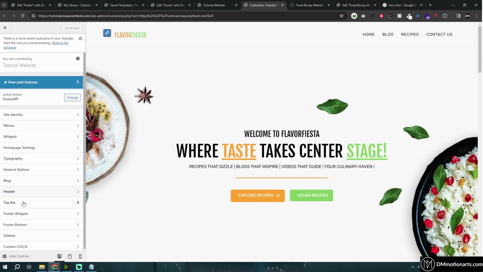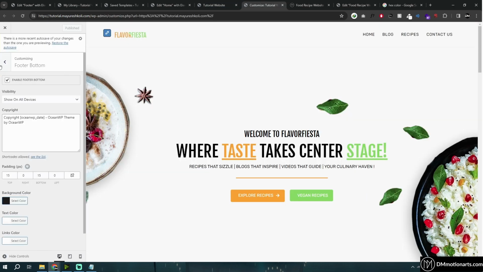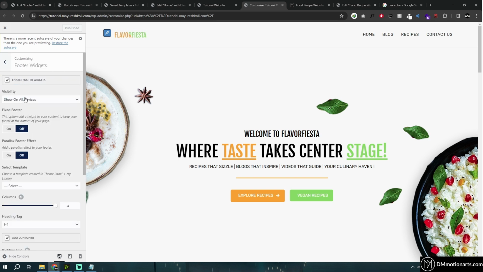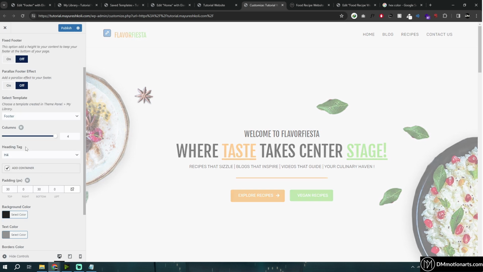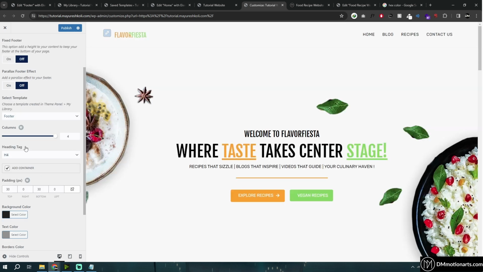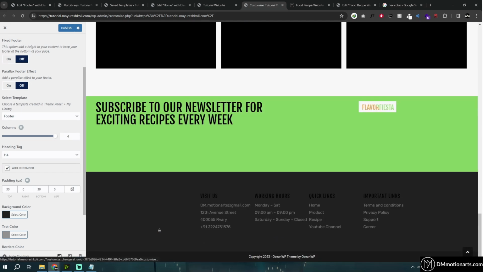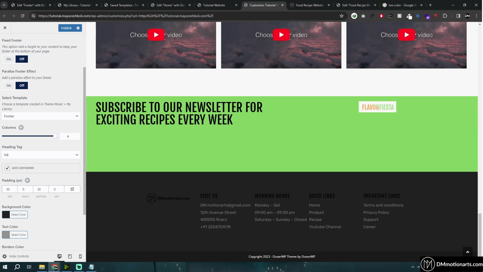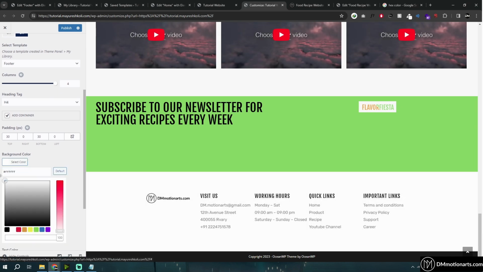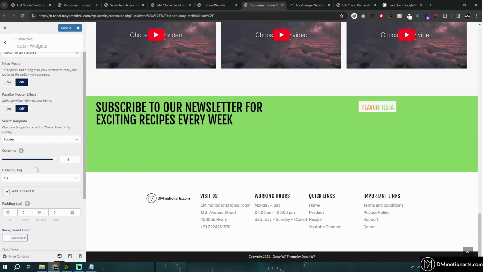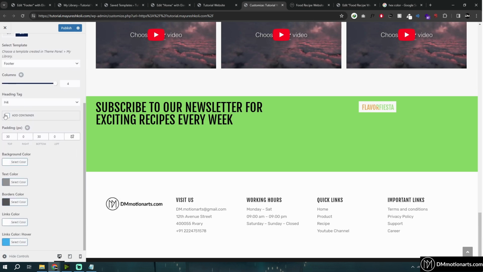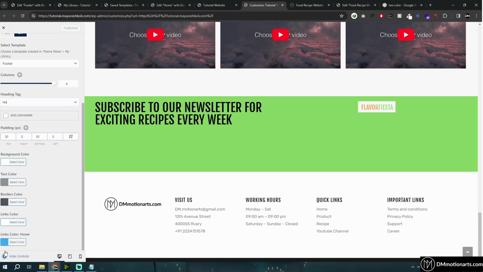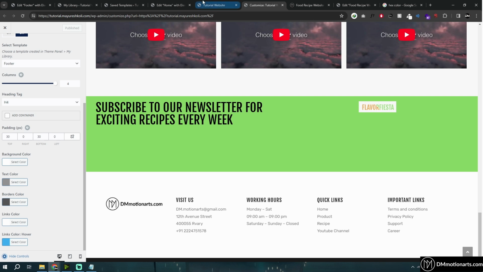So in our customizer, let's go into footer widget, and right now you could see there's an option called select template. So let's select footer, and this is for the free version. If you have Elementor Pro, you don't even need to do this, and this is what we have right now. I'll make the background color white, and let's remove the container like this, and then we got our footer ready with Elementor, that too, rather than